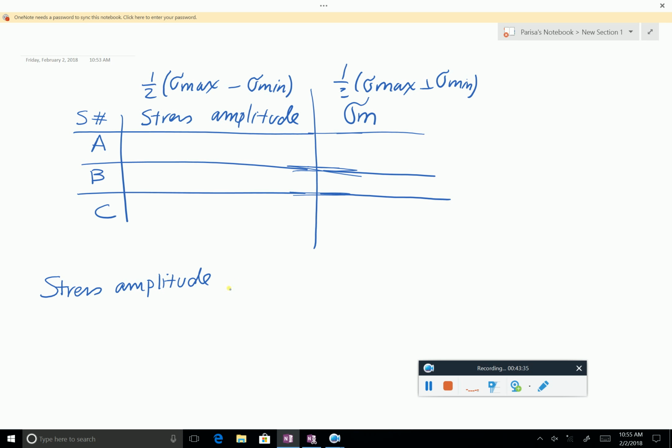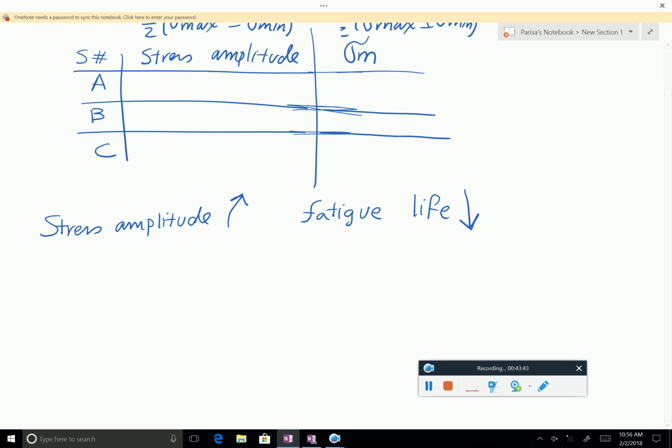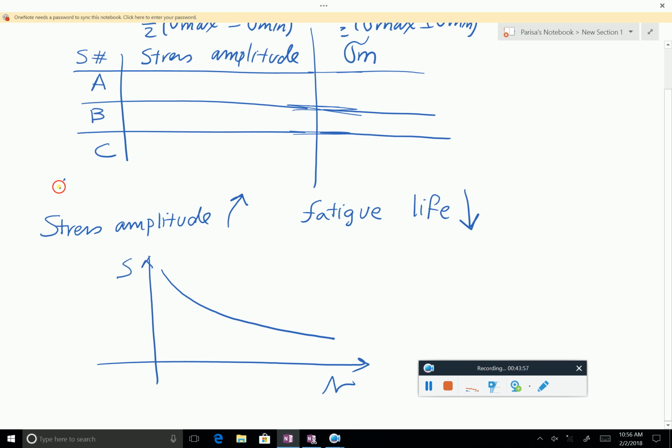So if you have larger stress amplitude, your fatigue life will be smaller. And if you have sigma m which is tensile, again your fatigue life